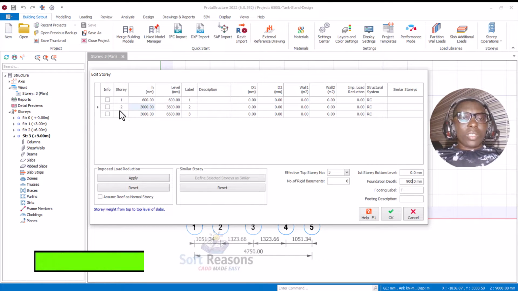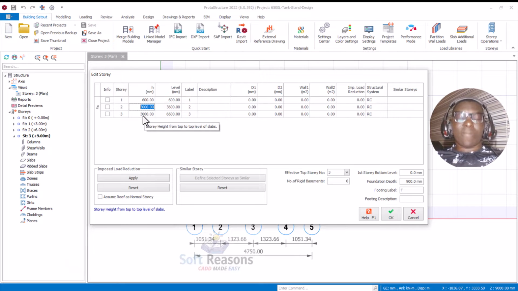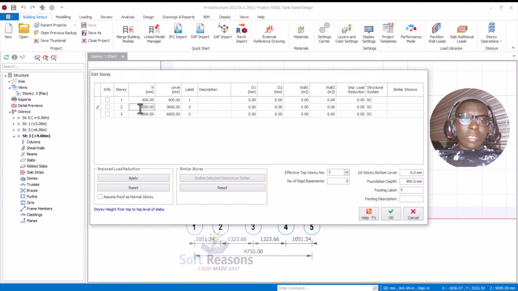Okay, so for story 2, the total stanchion height we are going to be considering is 4,500. I'll be having 3,500 right here for the second story. Then for the third one it is going to be 1 meter, which is 1000 millimeters right there. So this makes up the total length of 4500, because the tank is going to be used for a